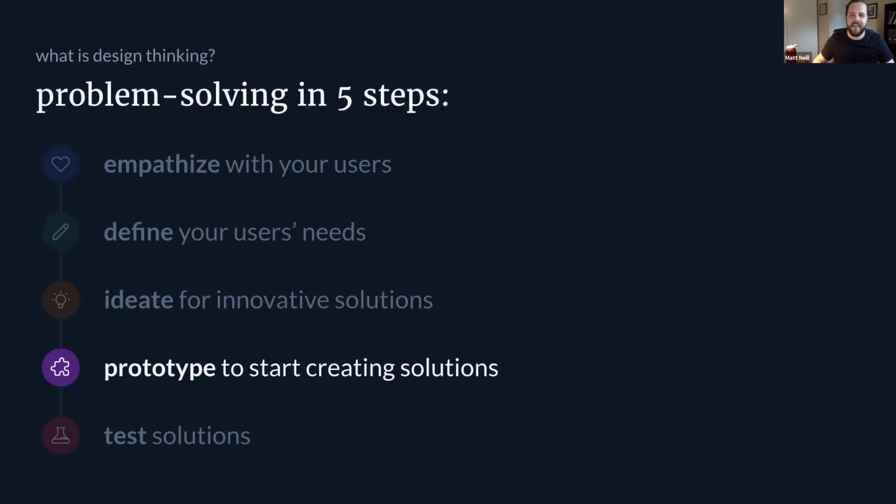Anyway, so after we've come up now with our set of sticky notes, let's say it's a lot of ideas. Let's say we're talking 20, 30 different ideas at this point. This is where we start prototyping to come up with solutions. And this is really the core of my talk here, where we love to talk about how to define a minimum viable prototype out of all of these different ideas.